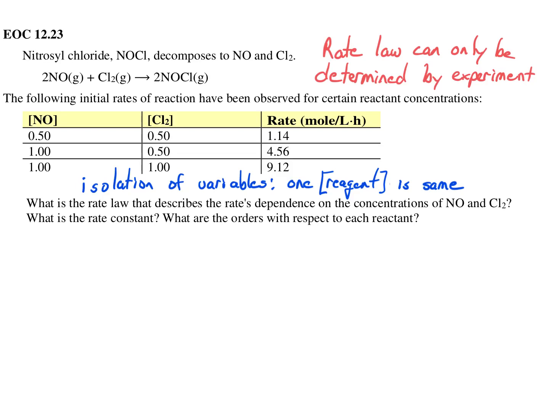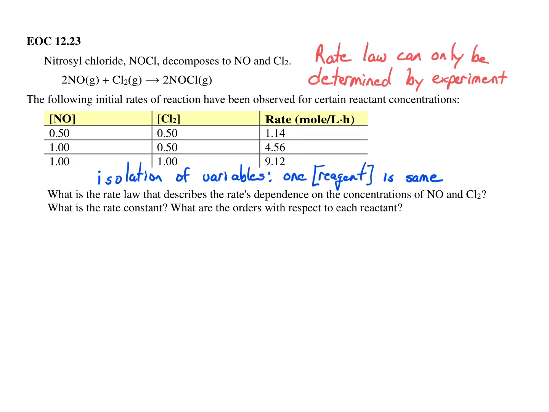First, a reminder, a rate law can only be determined by experiment. You cannot simply look at the balanced chemical equation and write the rate law. In this case, there's 2 reagents, so we have to choose trials in which one of the reagents' concentration is the same. For example, if we look at the first 2 trials, we see that the concentration of chlorine has remained the